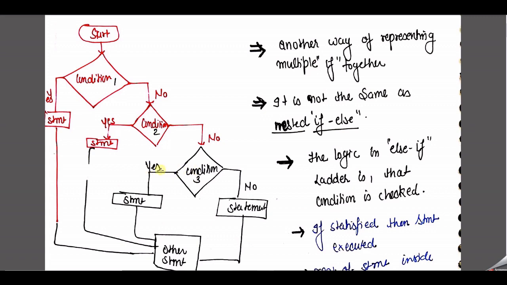If the third condition is true, then we go to the statement part, followed by the rest of the program. If the given condition is false, then I stop it there, but if the condition is not met, we check condition 4, and so on and so on. So what is exactly here? Here a ladder will be created with the help of else.